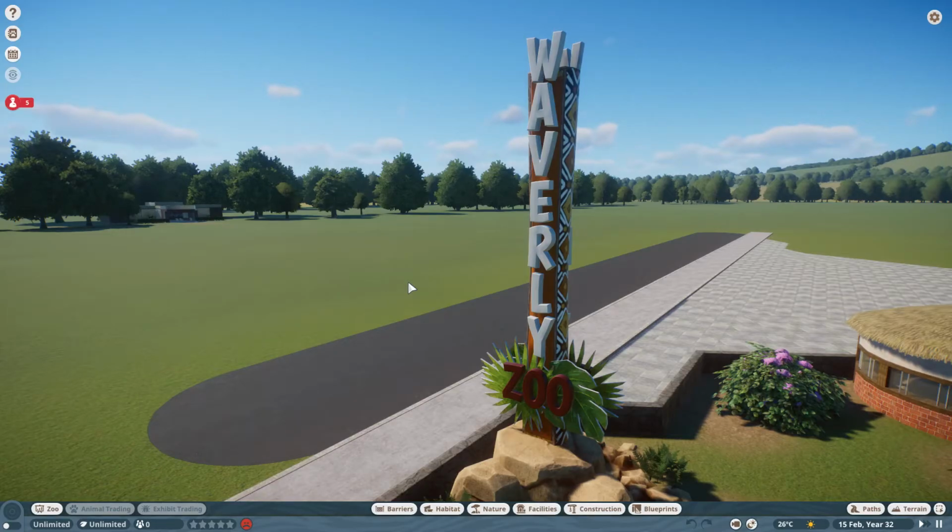So if you've watched my previous Planet Zoo series, Green Valley Zoo, you'll know that what I do here, it's all about the look, it's all about aesthetics, not about the gameplay. It's all about having fun and being creative, basically. But what I didn't do with Green Valley Zoo was a particularly realistic park. It really was just sort of one area after the next, and it wasn't like a real zoo as such, because it didn't have